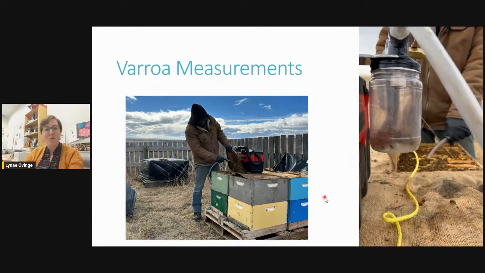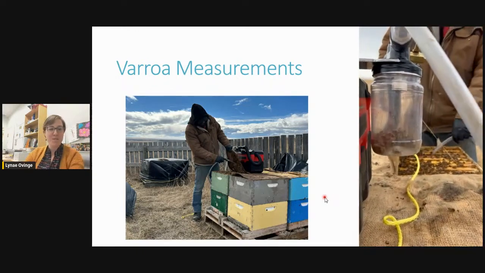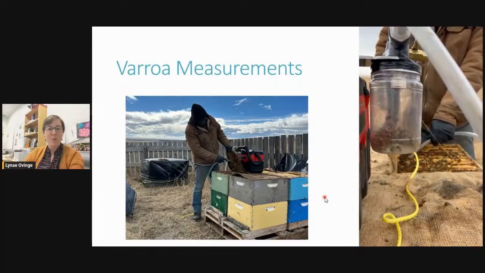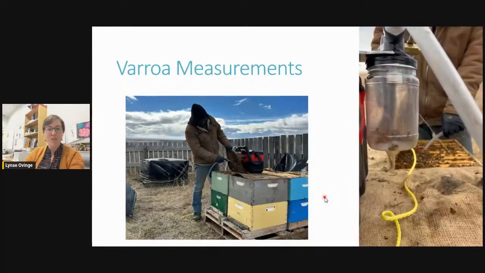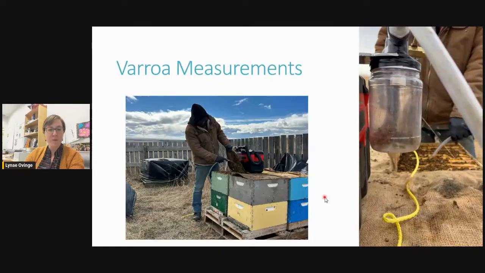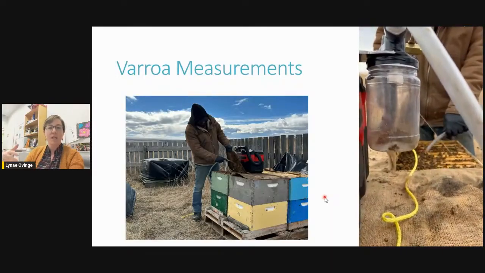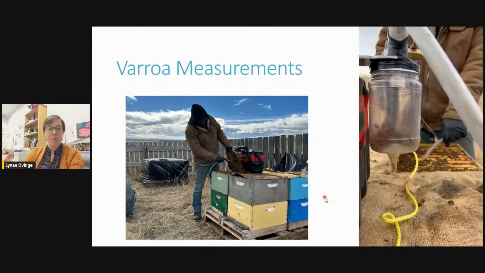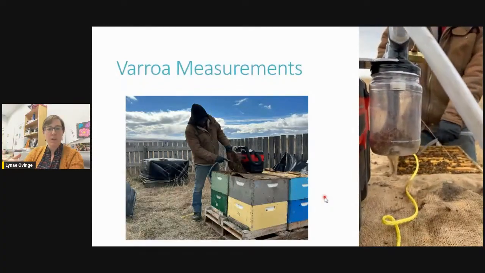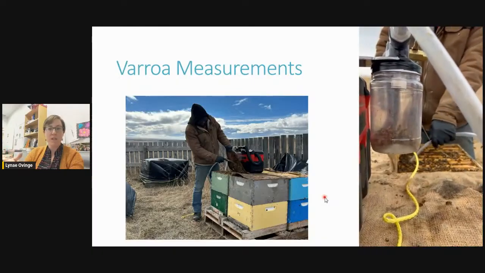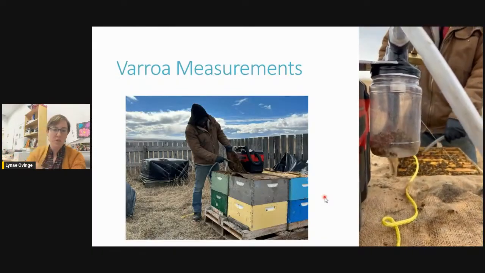Another way to do Varroa measurements that I have to show off is I work with these beekeepers, and they built a Milwaukee bee vacuum for me. So this was inspired by Lynae Ovinge, but also Ian Stepler, but they kind of took it a step forward and actually used a Milwaukee vacuum. It could work on Milwaukee power packs, and they actually didn't destroy the vacuum. The vacuum can still work as well. And then this jar just suctions to it.